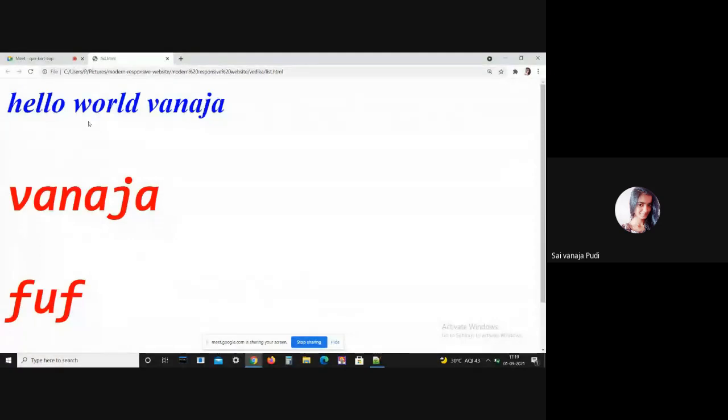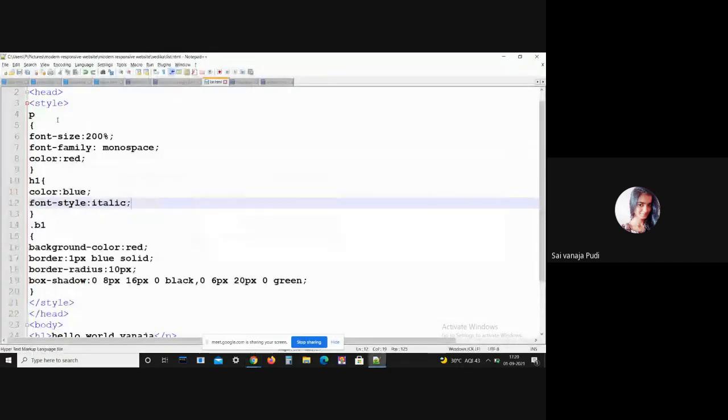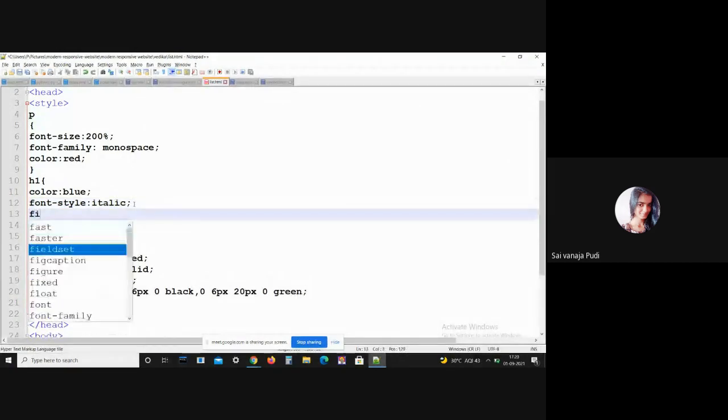And followed by we have another property that is the CSS font variant. This font variant property specifies how to set the font variant of an element. It may be normal or it may be small caps. Let me give font variant.